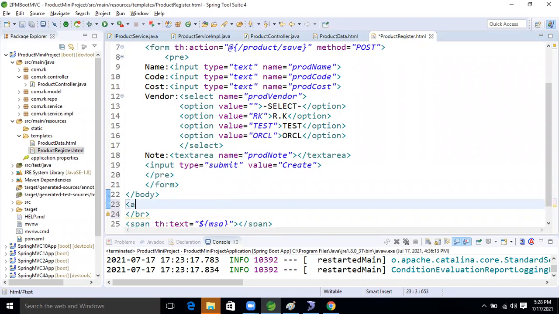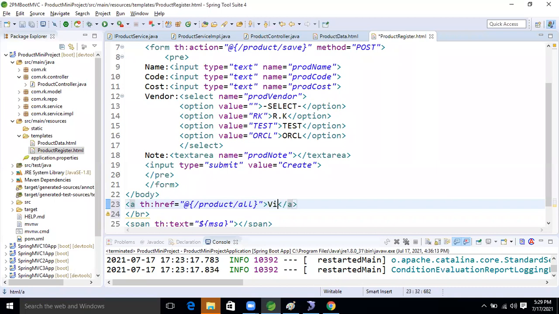So here a, th:href equal to, and inside that, how can we link to our controller? I hope people remember the at-the-rate symbol in the Thymeleaf link. Yes, yes, sir. So here product slash all, right?